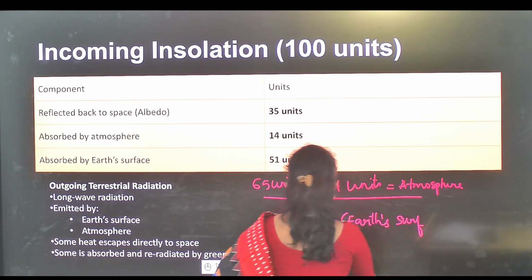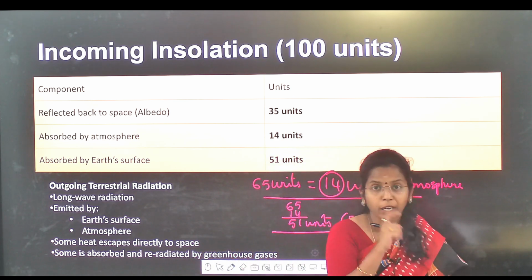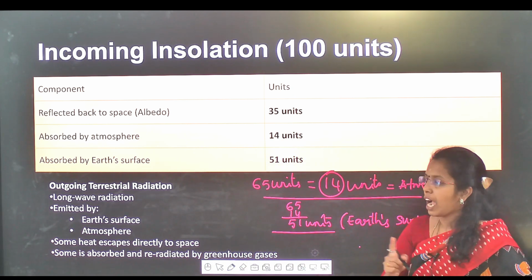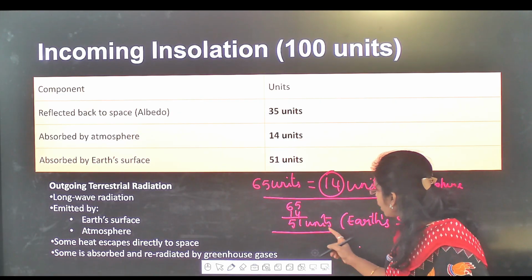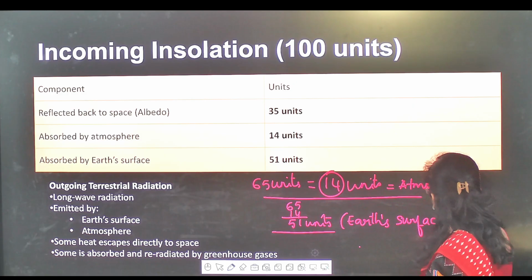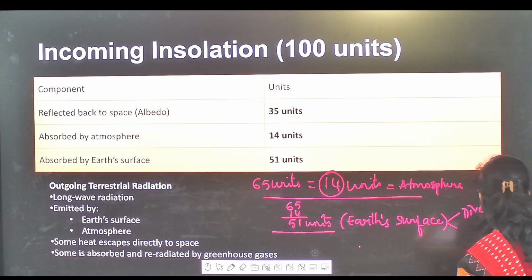This 14 units you have to remember: 14 units are absorbed by atmosphere out of 65, and if we deduct 14 from 65, 51 units are absorbed by earth's surface in the form of direct radiation